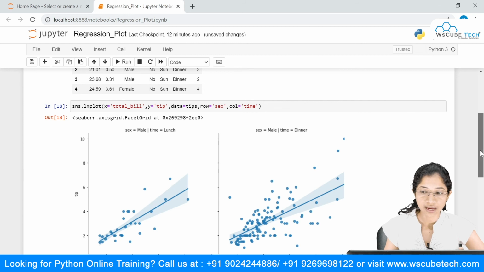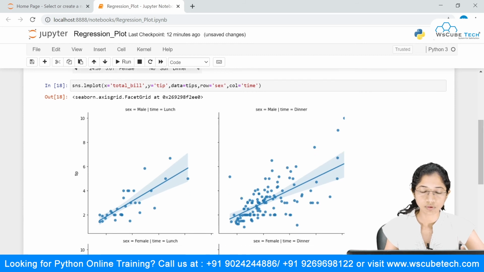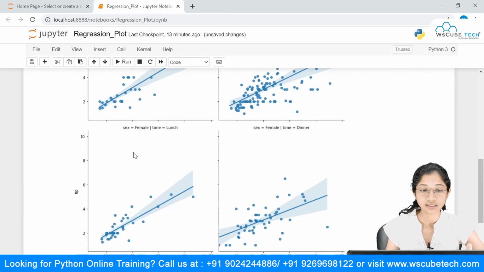Over the x-axis we have the total bill, and over the y-axis we have the tip. So this is the males at lunch time, these are the males for dinner time. Similarly, these are the females at lunch time, and this is the females for dinner time.